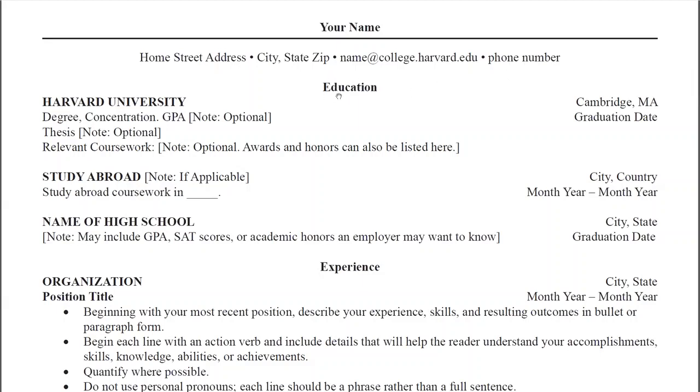Education, so we give this heading in the center, and then we mention the university like this. Okay, so for example, we talk about, okay, I did this degree from this university, and we mention any relevant coursework, right? And then degree, as you can see, the hints are given here.